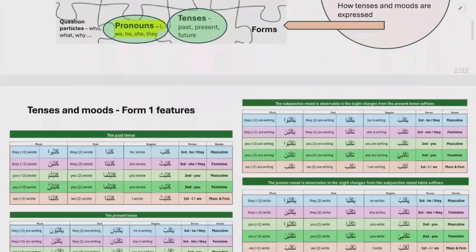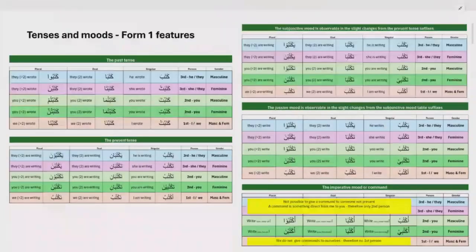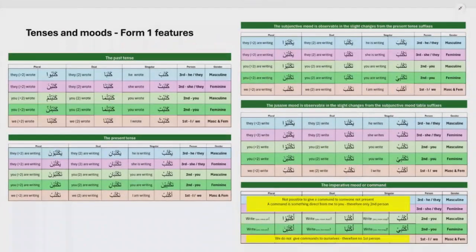Right, so this is a very busy slide, but I think you know all these things already. So I'm just going to do a very quick recap. So we had two tenses. We had the past tense and we had the present tense. We notice for the past tense, there's only suffixes that appear as it comes before the verb, kataba. And in the present tense, we notice this alif, the noon, the ya, and the ta coming in as prefixes,